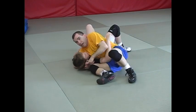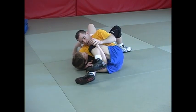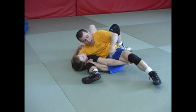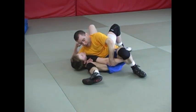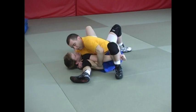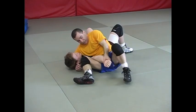Another possibility is, as we're fighting in here, if I say difference, here I come in, and now this time he thinks, oh, I'm not going to get cranked in there again because this angle is bad. He turns the angle in, no problem. I put the back of my thigh or my hamstring down here, and what I'll do is I'll try to come up this way on him. Okay, I'm just going to pick up this way. Almost like a Kimura if I can from here. So I got a little bit of leverage either way. I can crank it this way